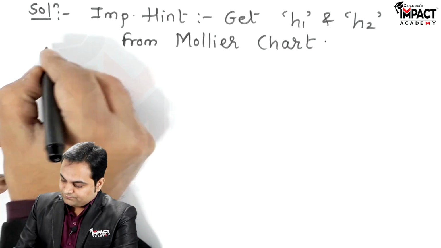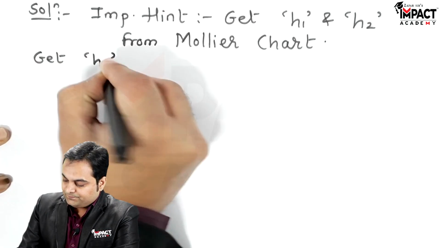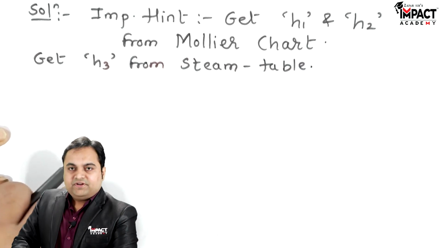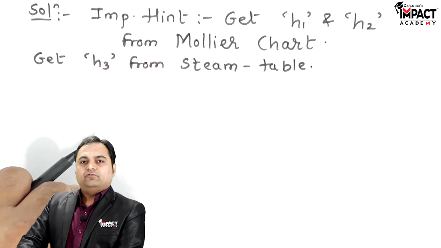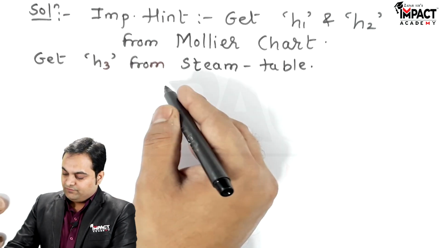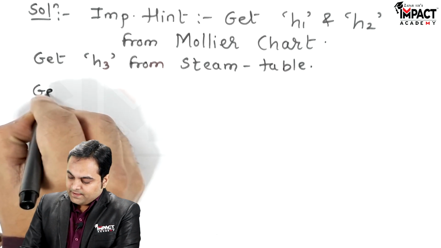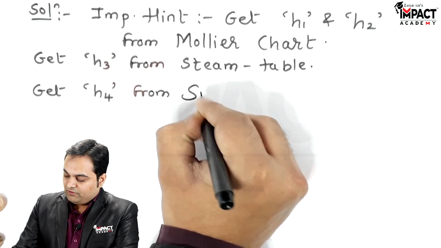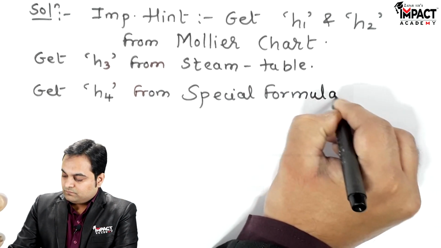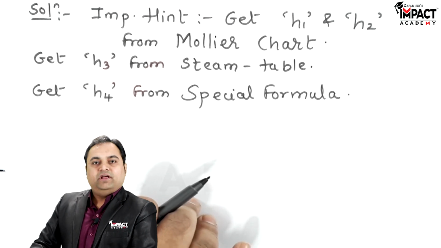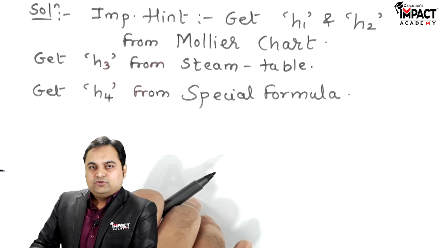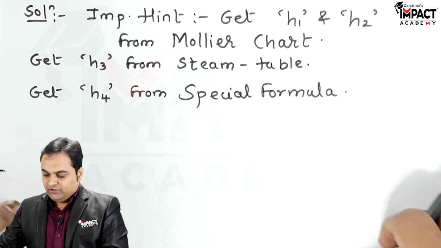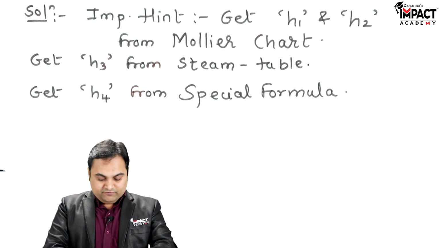Next is get H3 from steam table. H3 is the enthalpy of the saturated liquid which is coming out from the condenser, and next we have to get it from the steam table, and get H4 from special formula. Now what is this special formula? For that you will have to watch this video till the end so that we can understand how to calculate the value of H4. Now since we know from where to get all the enthalpies, first I would be drawing